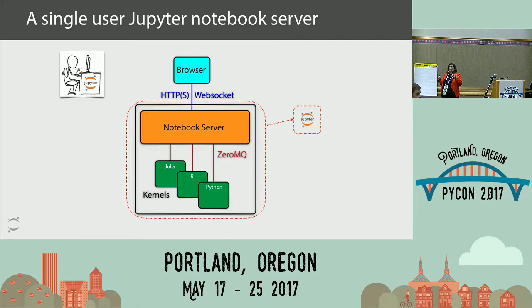But the Project Jupyter core team develops the IPython kernel, and the community, which is all of you, develop and maintain all the other language kernels. And basically, we have a little notebook server that runs for each instance. So if you were running it locally on your computer, you'd have a little web server running, and it would communicate to the browser, and you would interact with the notebook itself.